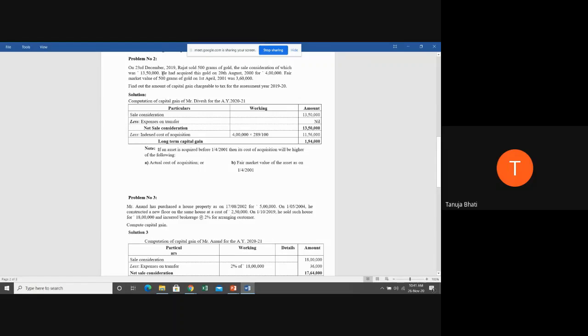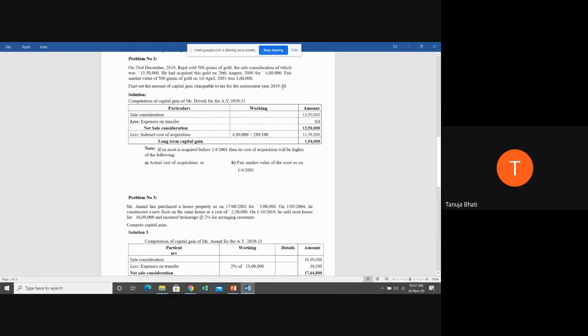Now, next, he had acquired this gold on 20th August 2000 for 4 lakh. Now, what is 4 lakh? Cost of acquisition. Very good. Fair market value of 500 grams of gold on 1st April 2001 was 3 lakh 60,000. So, this is fair market value. Now, next, find out the capital gain chargeable to tax for the assessment year